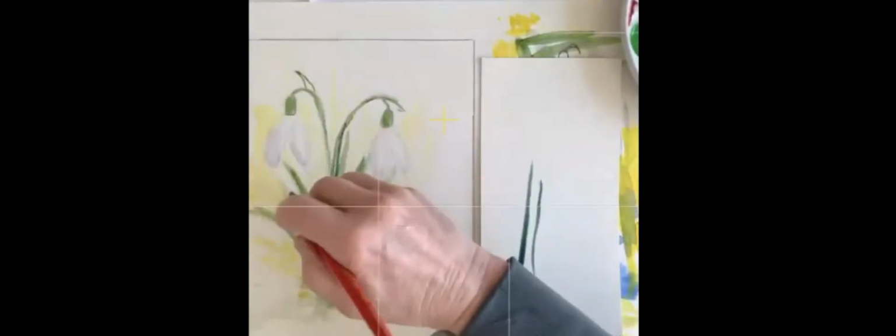I'm going to get another sheet of paper here. No, I don't want to work on that. I've clearly put too much paint on here. That definitely looks darker than what I've got there. So let's start working on this. Let's establish the line of this. This is also a little too,